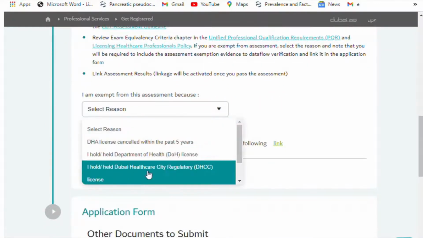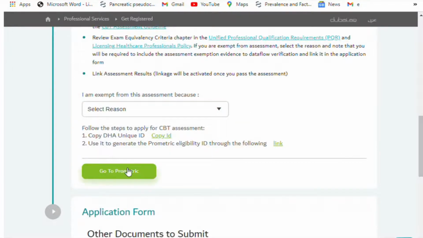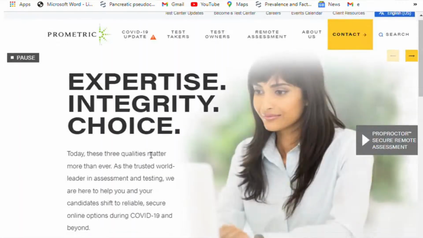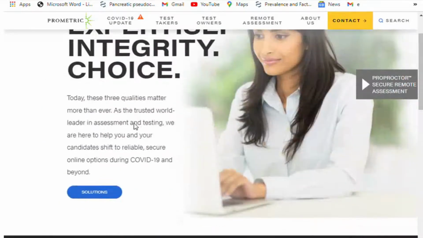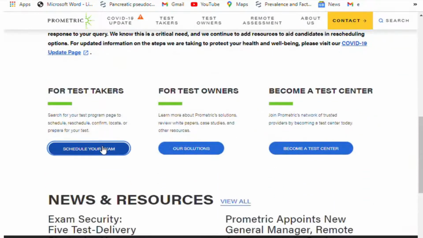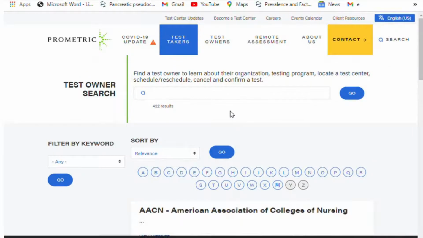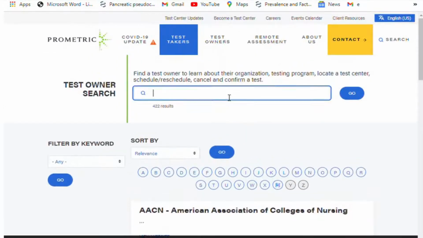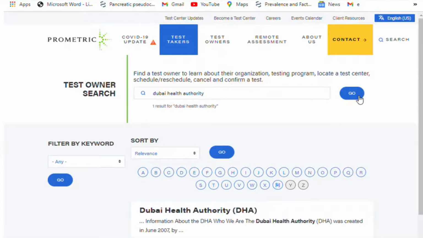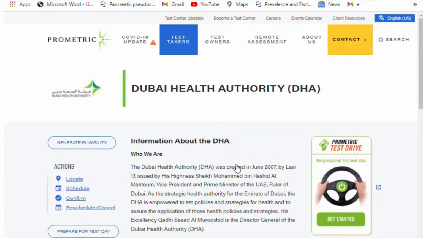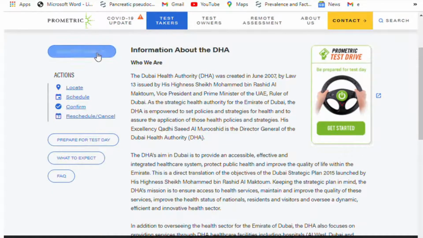Then you are not exempt. We are not exempt from the assessment. We will have to click on go to Prometric. Then it will open a Prometric window. Then you will have to click on schedule exam, and then you will have to put test owner search. Here in this bar you will have to put Dubai Health Authority because we are appearing for the Dubai Health Authority exam. Click on go, and then click on Dubai Health Authority, and then first of all you will have to